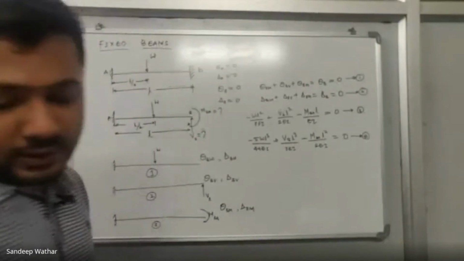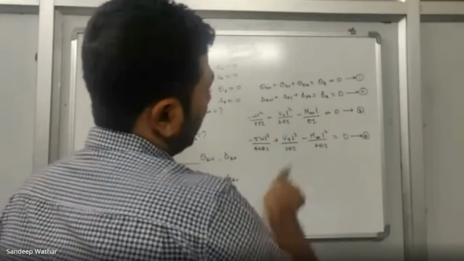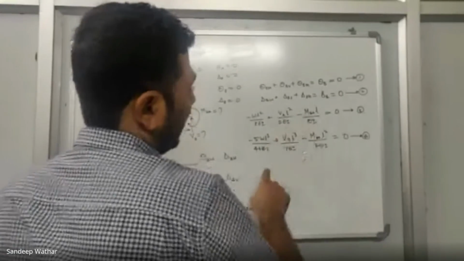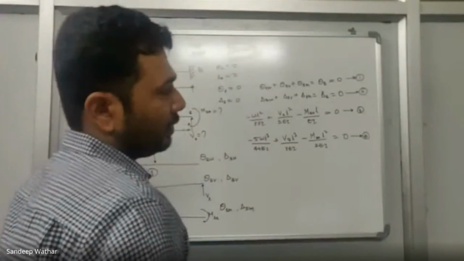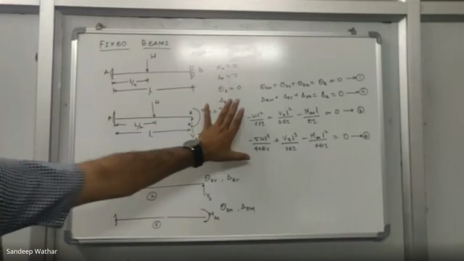Now using these two equations, I can resolve and find out how much is VB and MBA in terms of W. So all of you write this down, and then I'll give you the solutions. If you have any doubt, you can ask in the chat section so that I will discuss it. Anyway, we will end the session here only. I keep this unresolved.